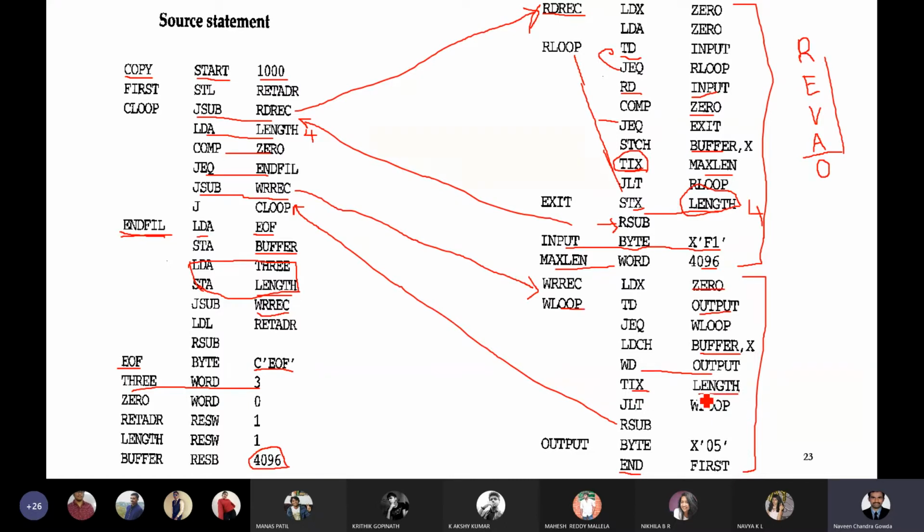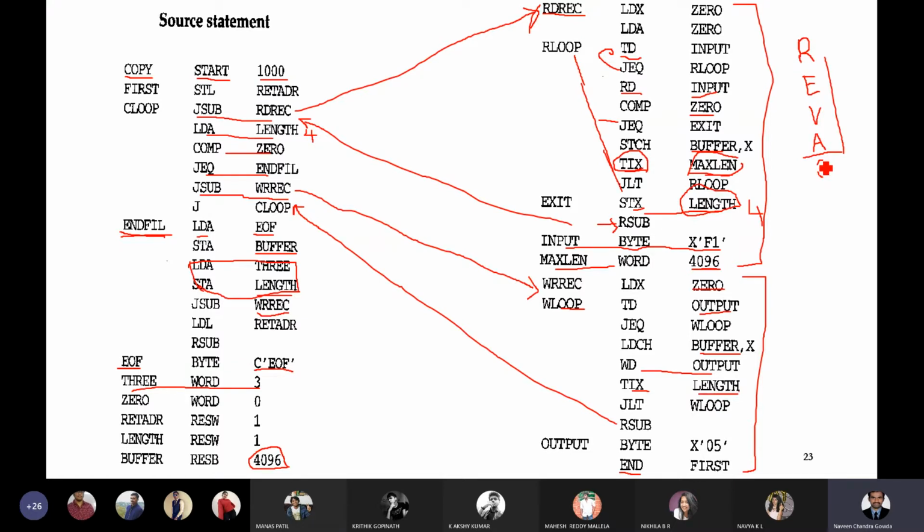Whenever you take up the reading process, we compare with the max length, because the maximum number of characters you can read we initialized as 4096. But here you don't have to compare with the max length, because you'll be writing as many characters as are available in the buffer, not 4096 always. Try to understand: when there are only REVA, there are only 4 characters in the buffer.